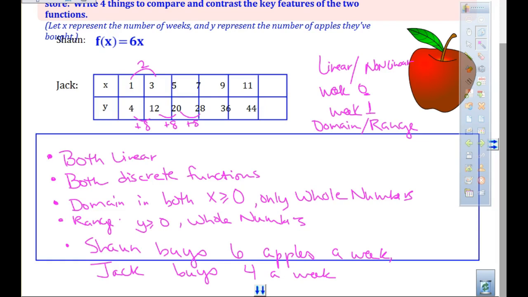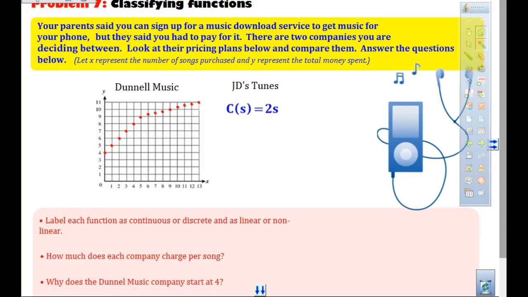All right. Last one, I believe. So, your parents said you can sign up for a music download, and I know this is getting a little old nowadays, service on your phone. And they said you have to pay for it. There are 2 companies that you're trying to decide between. You're not buying that family plan of Apple or Spotify. It's all on your own. You look at the pricing plans below and you're comparing them. Answer the questions below. Let X represent the number of songs that you're purchasing and Y is the money you